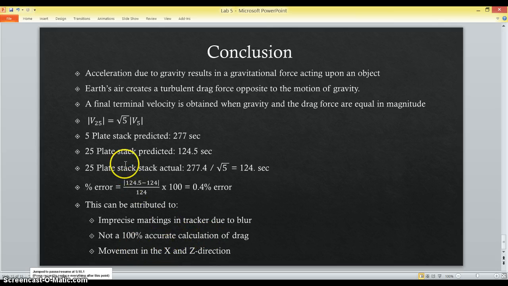In conclusion, this lab did an effective job of both measuring the turbulent drag on masses of two different variations and created a formula that showcased the clear relationship, denoted here by the magnitude of the velocity of 25 plates is equal to the square root of 5 times the magnitude of the velocity